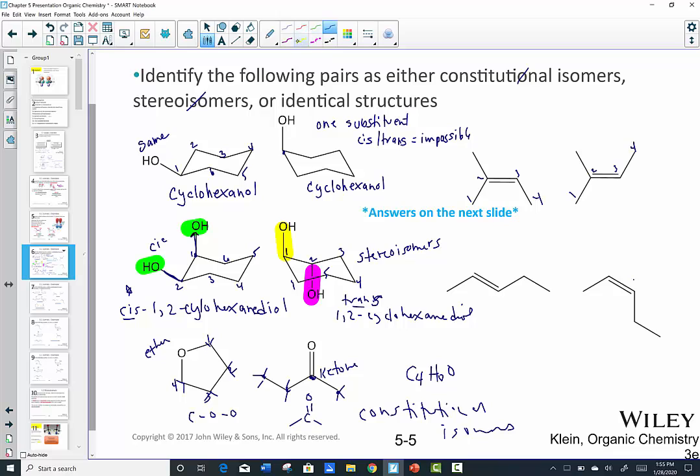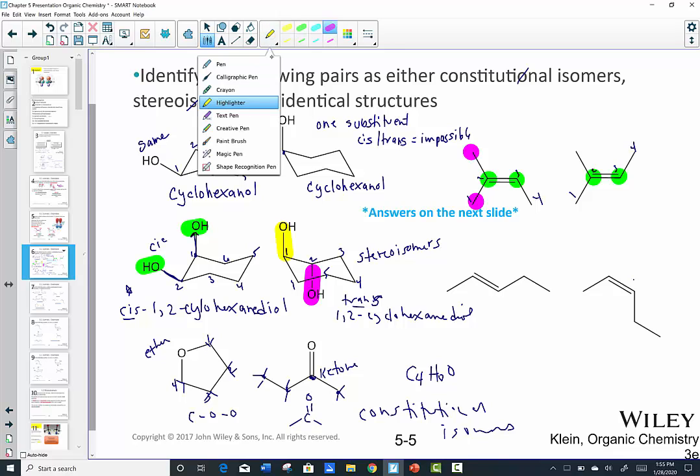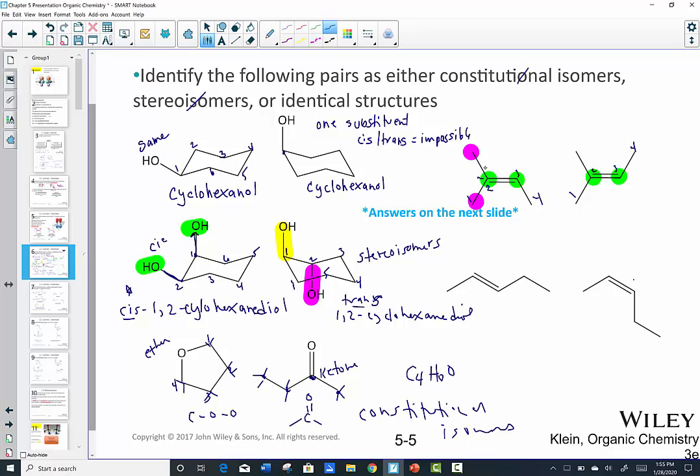I want you to notice that the 2 carbons in the double bond have the same attachment. That carbon at position 2 is leading to a methyl group on each side, right? They are the same. That makes cis and trans impossible,